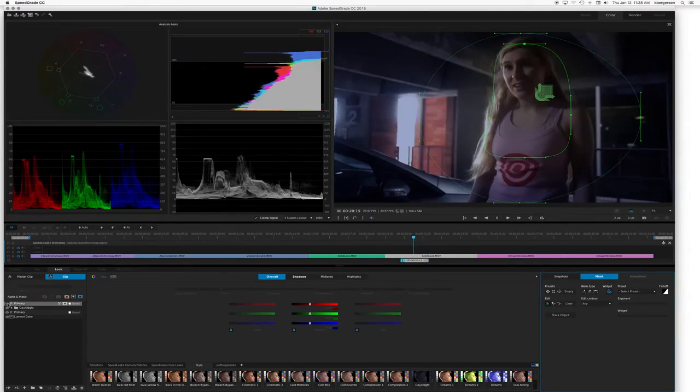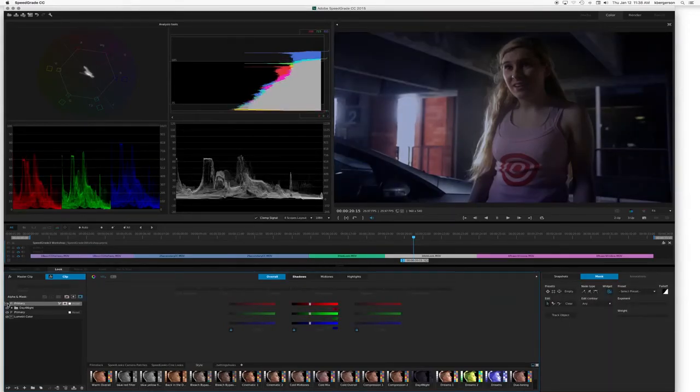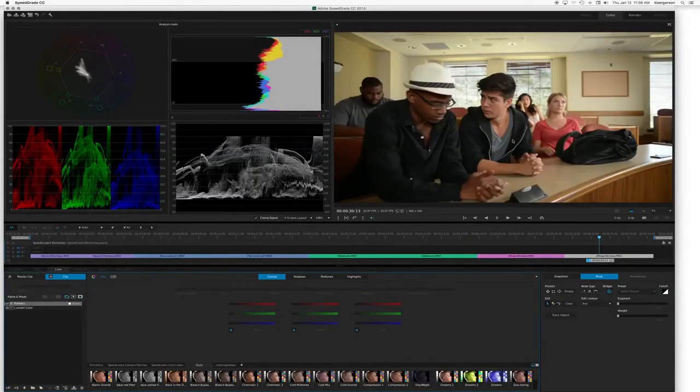Alright, and let's see what that looks like before and after. Alright, that's pretty good. So let's move on to our last shot. Once again, shot with the DSLR, so it's pretty yellow. So we are going to want to